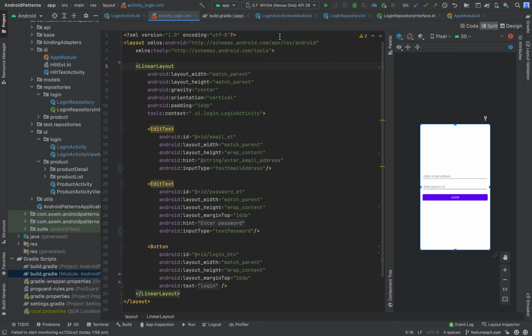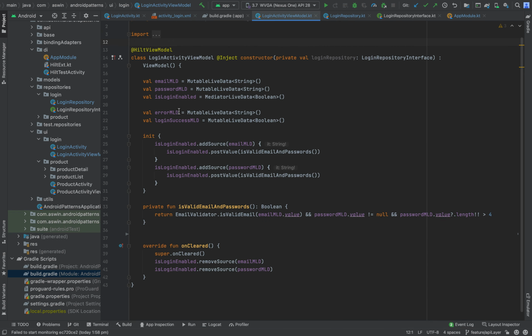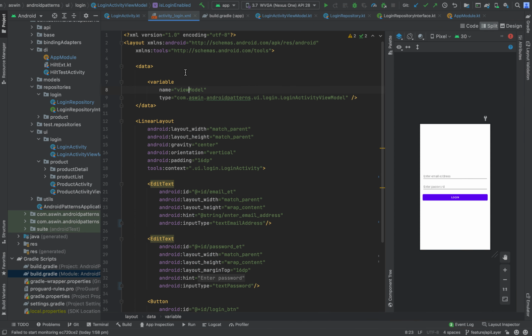In our case, we are going to use login activity view model, and we need to create a variable for login activity view model. Now we have a variable inside the layout file. We can use this view model variable and access the mutable live data to update the view and get input from the user.